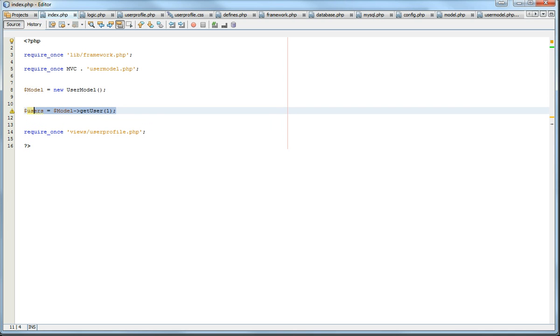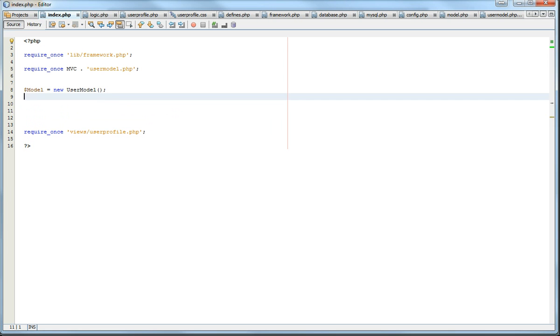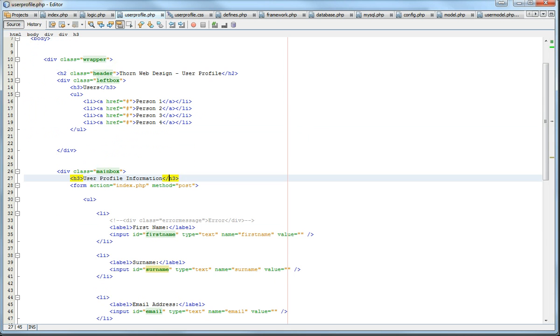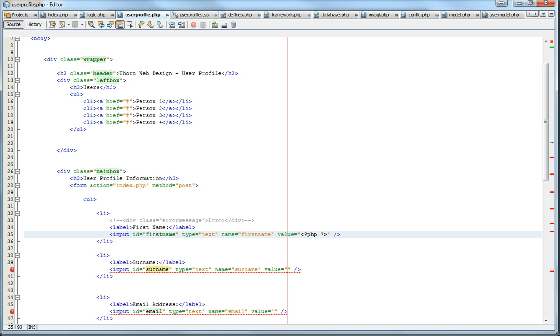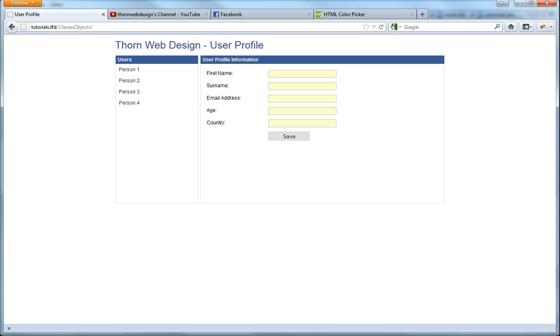So if we've declared the user itself, now we come into our user profile, and potentially speaking we could just come here and say PHP and then echo model get first name, and this should